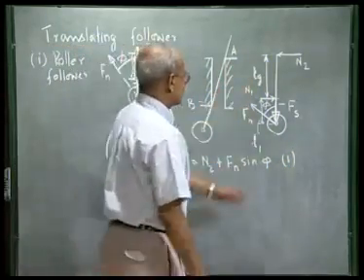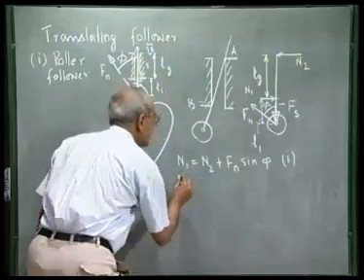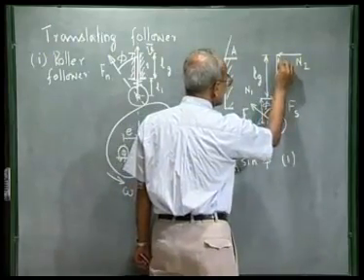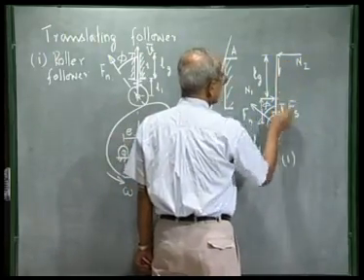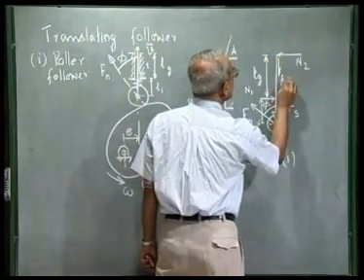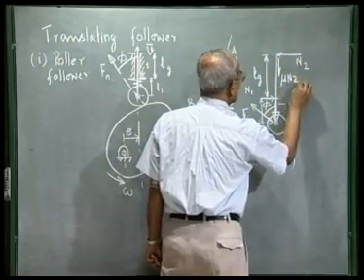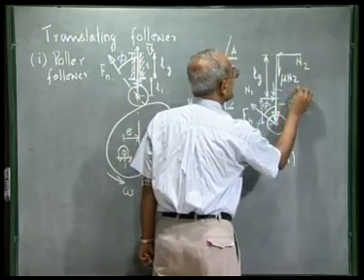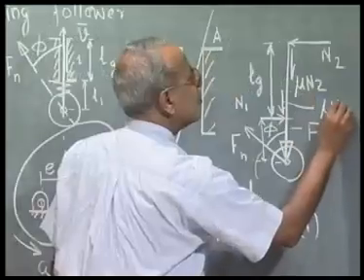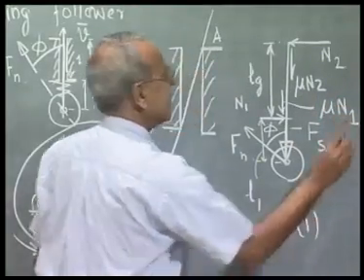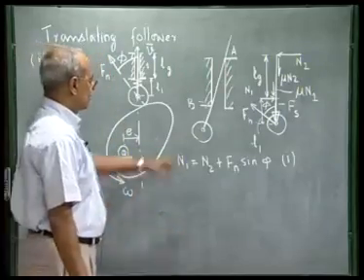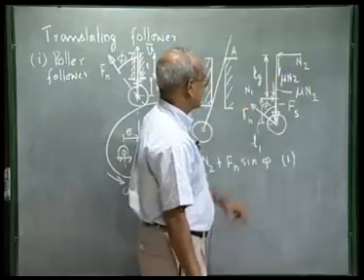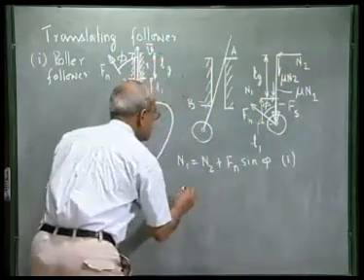If we take the vertical forces, at this point we are saying it has just started moving, so the frictional forces I can show will be downward because the follower is trying to go upward, mu N2, and at this point there is a force downward, mu N1. So, at the point B I have N1 and mu N1, and at point A I have N2 and mu N2. So, the vertical forces gives me